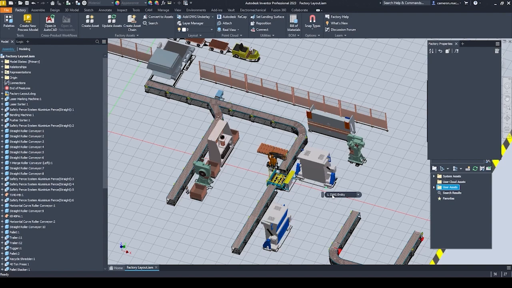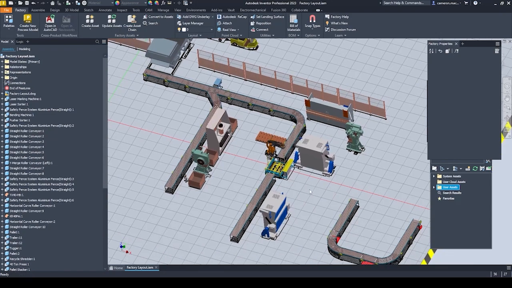If we wanted an isometric view of our entire layout, we've now got the ability, as you can see, going straight from a 2D drawing inside of AutoCAD to synchronizing that inside of Inventor and going to a straight 3D view. Any changes we make in the 2D environment will then be reflected inside of the 3D environment, and therefore our 3D drawings, our isometric views, and any other views that we want to create of our component or of our factory can automatically then be brought across from the 2D environment inside of AutoCAD. But we can also, from inside here,